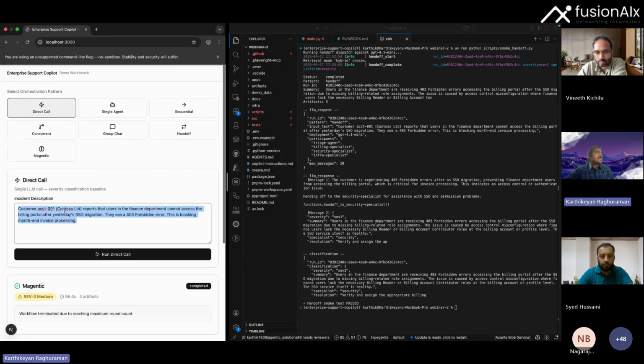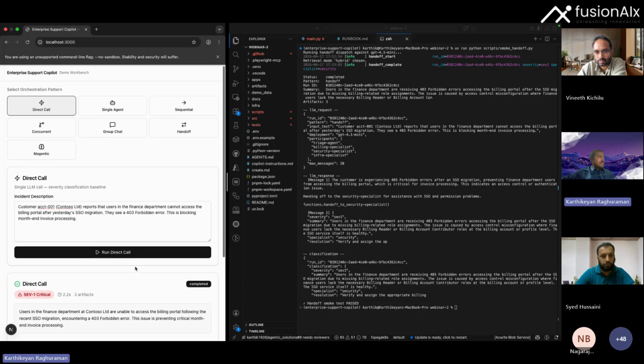The use case that we're looking at is a customer reporting that the finance department cannot access the billing portal after SSO migration. There is a dummy AI search powering it in the backend. A bunch of simple knowledge-based articles have been indexed and stored at the backend, and that serves as a means to answer a query like this. So what do we do about this? Let's take the direct call approach and just run it.